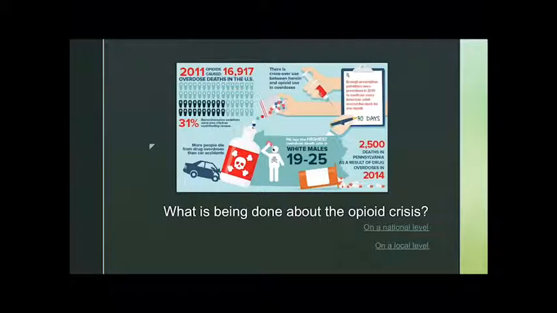So what is being done, right? So how is this informing practice? We're graphing it, we're mapping it, we're figuring out who it's happening to, where it's happening to, what our time frames are, how frequent, how much this has been increasing over how much period of time, and then what are we doing about it, right?